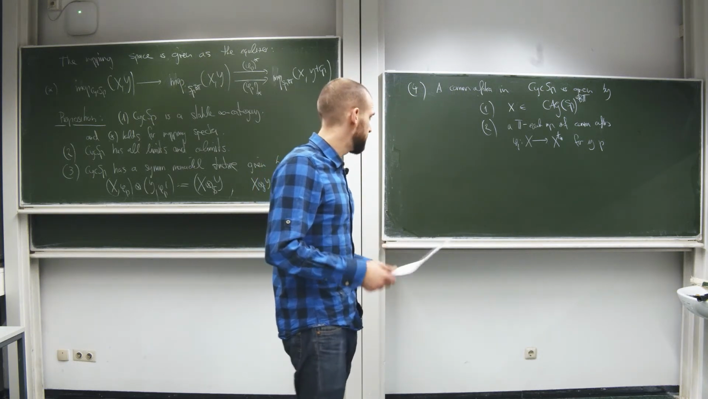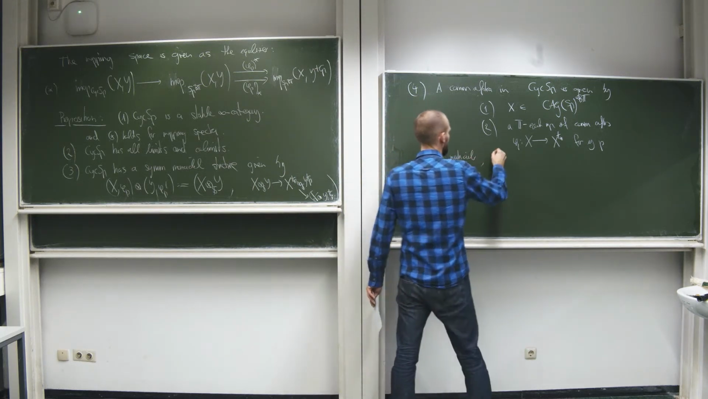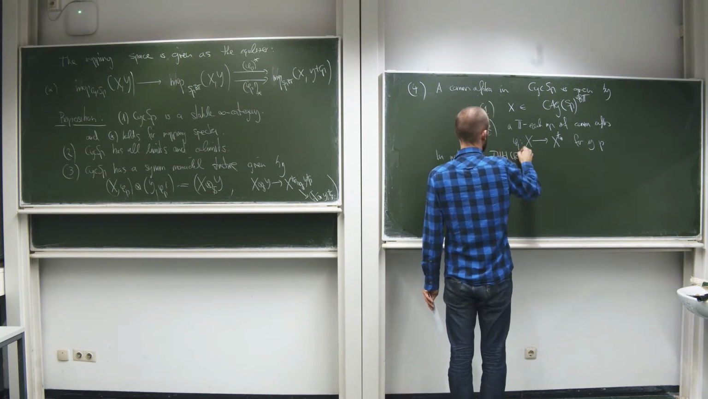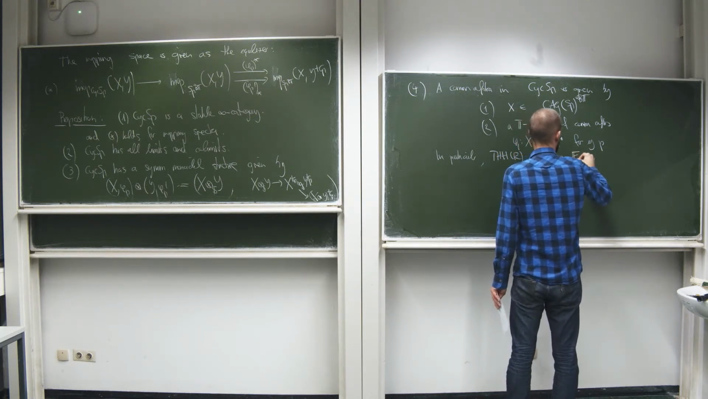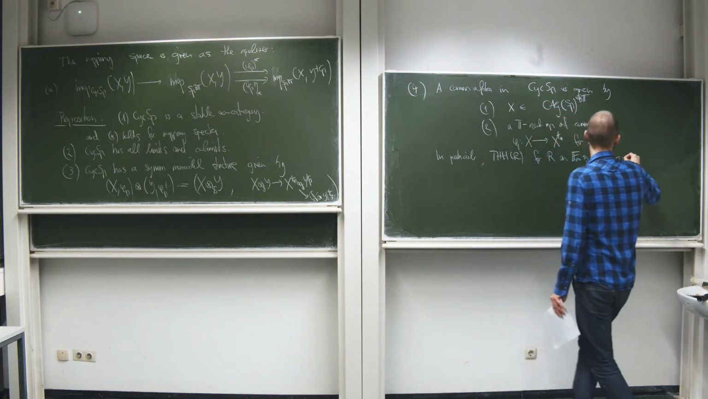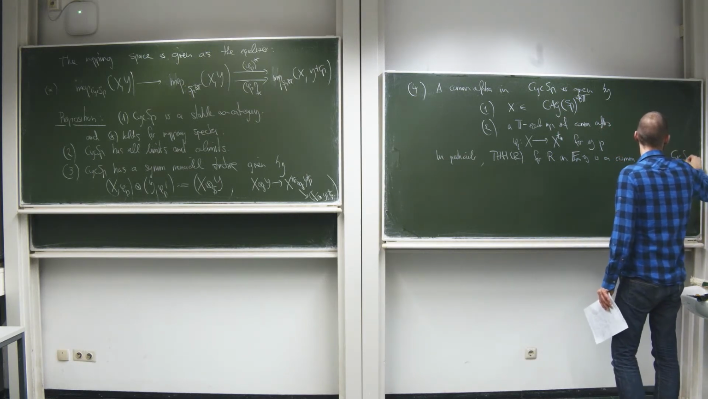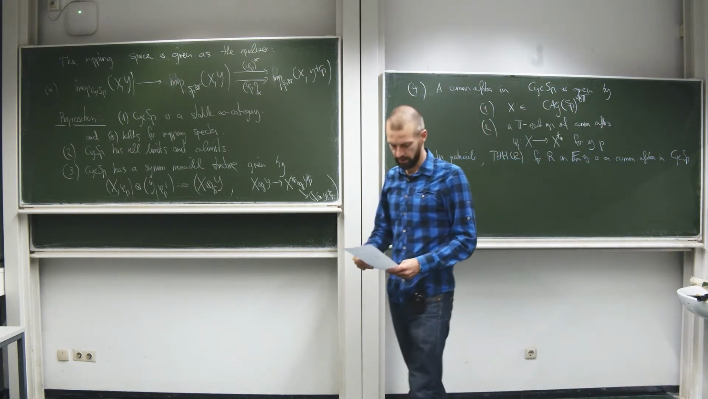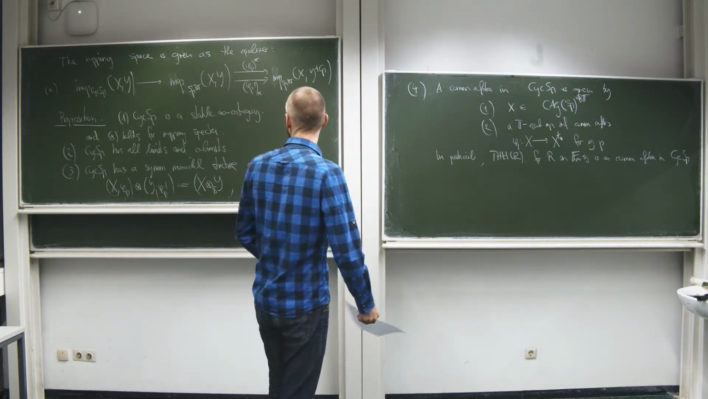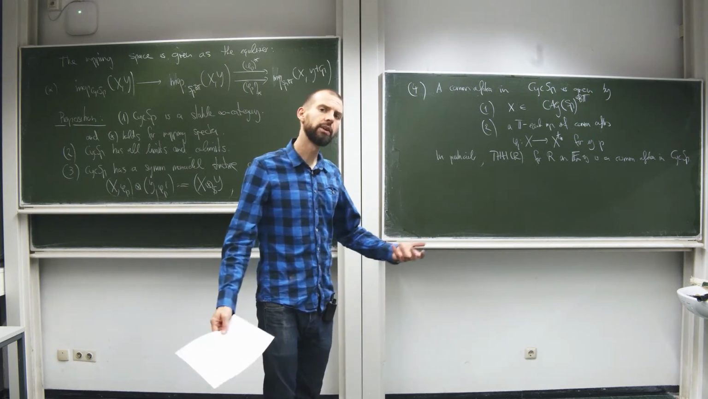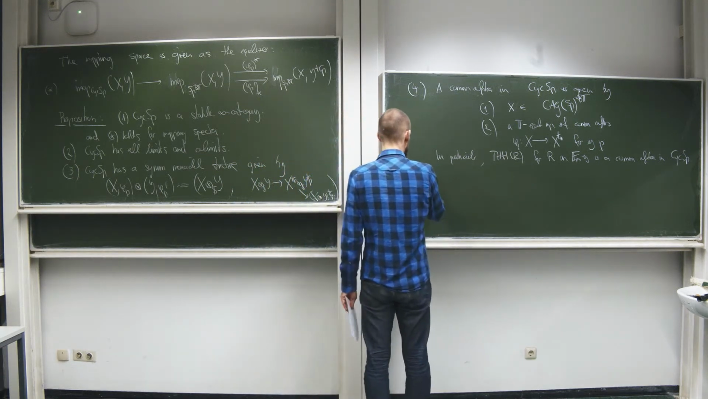Okay, and in particular, THH of R, for R an E-infinity ring, is a commutative algebra in cyclotomic spectra. Okay, good. So now we have set up this category of cyclotomic spectra. It was just making rigorous the kind of structure we saw on topological Hochschild homology. And now let's recall